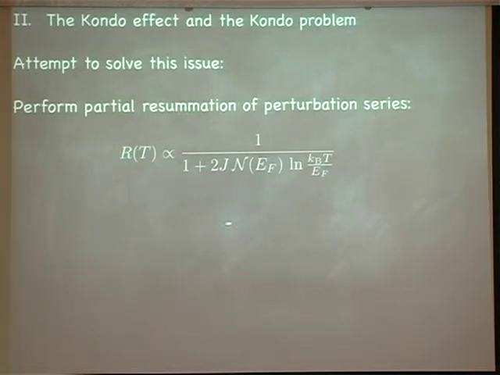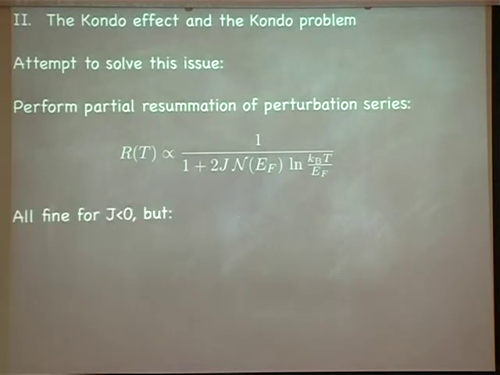Now again, if you now put J less than 0, meaning you have ferromagnetic coupling, what you see is that this one is negative now. This one is for small temperatures also negative. Now this diverges, but that doesn't really make a difference because R would go to 0 then. So for ferromagnetic coupling, everything is wonderful. We had also a problem there because then it would go to minus infinity. This has been resolved. It goes to 0. Good. Nothing apart from simple impurity scattering for the ferromagnetic model.